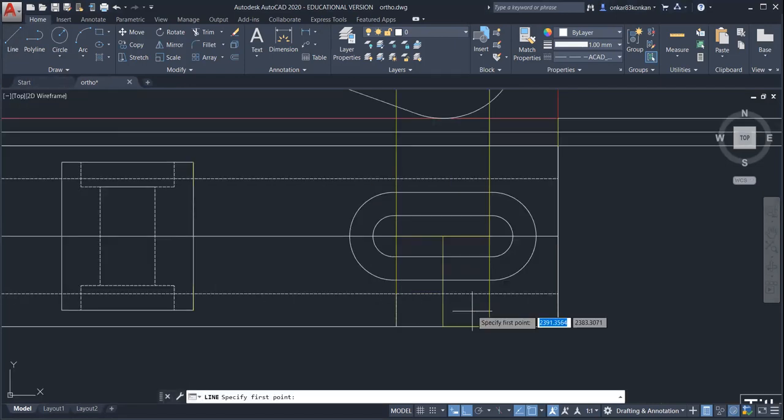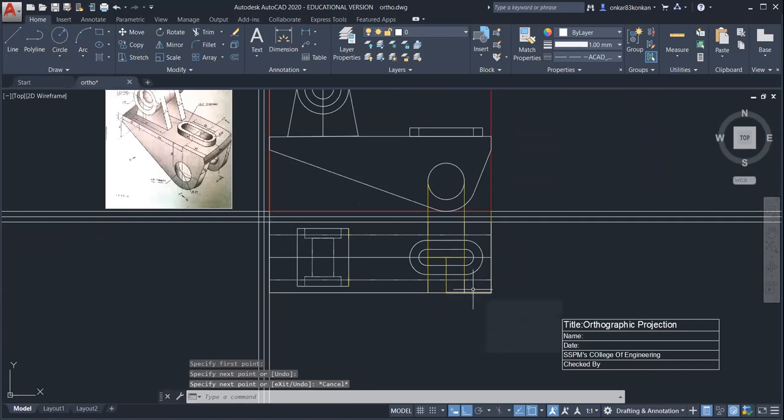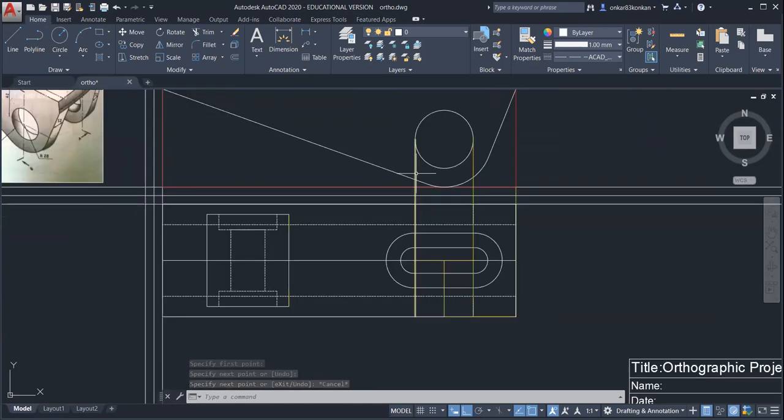So similarly, draw the hidden line here. Then from this point, draw this hidden line. Okay. And now you can remove this projection line.